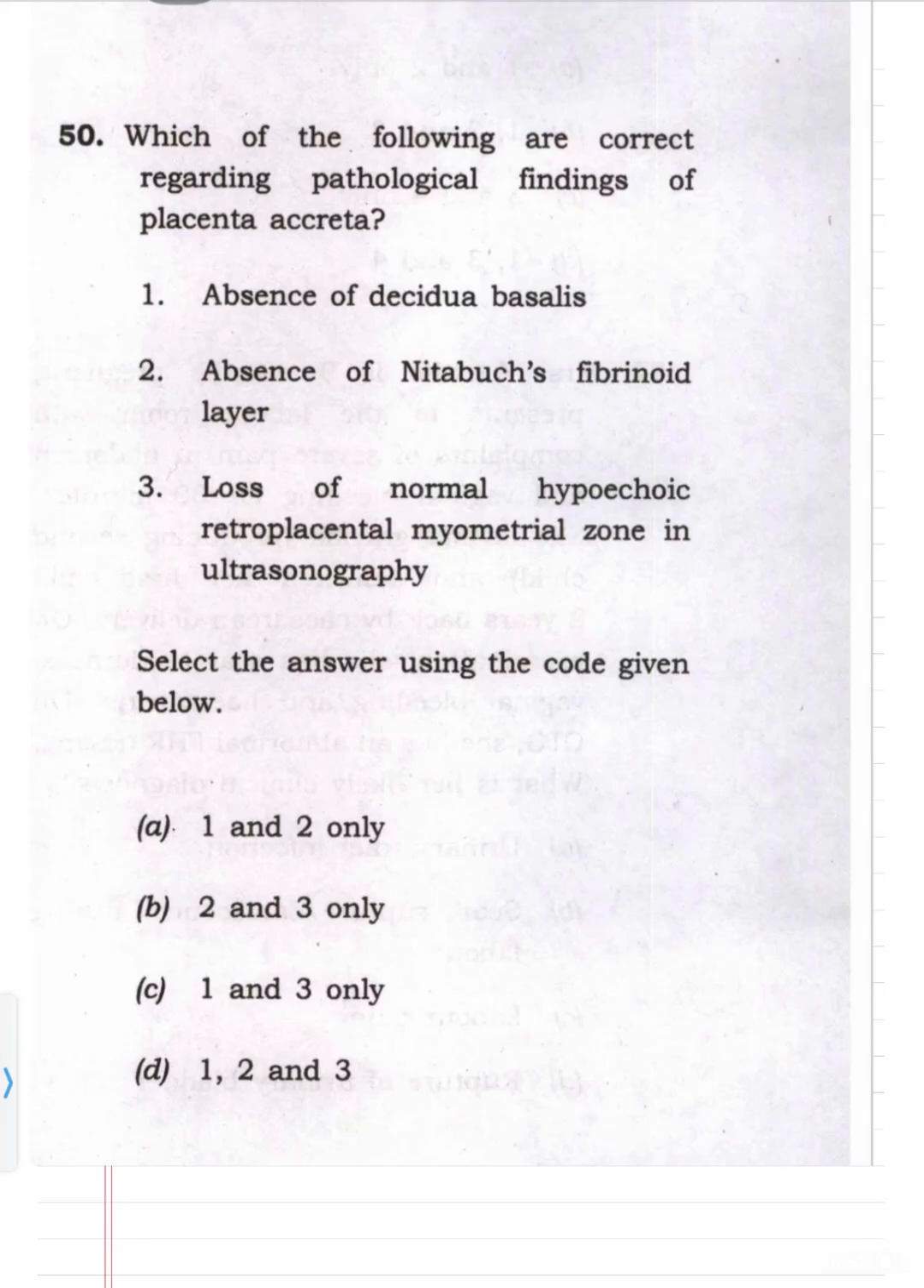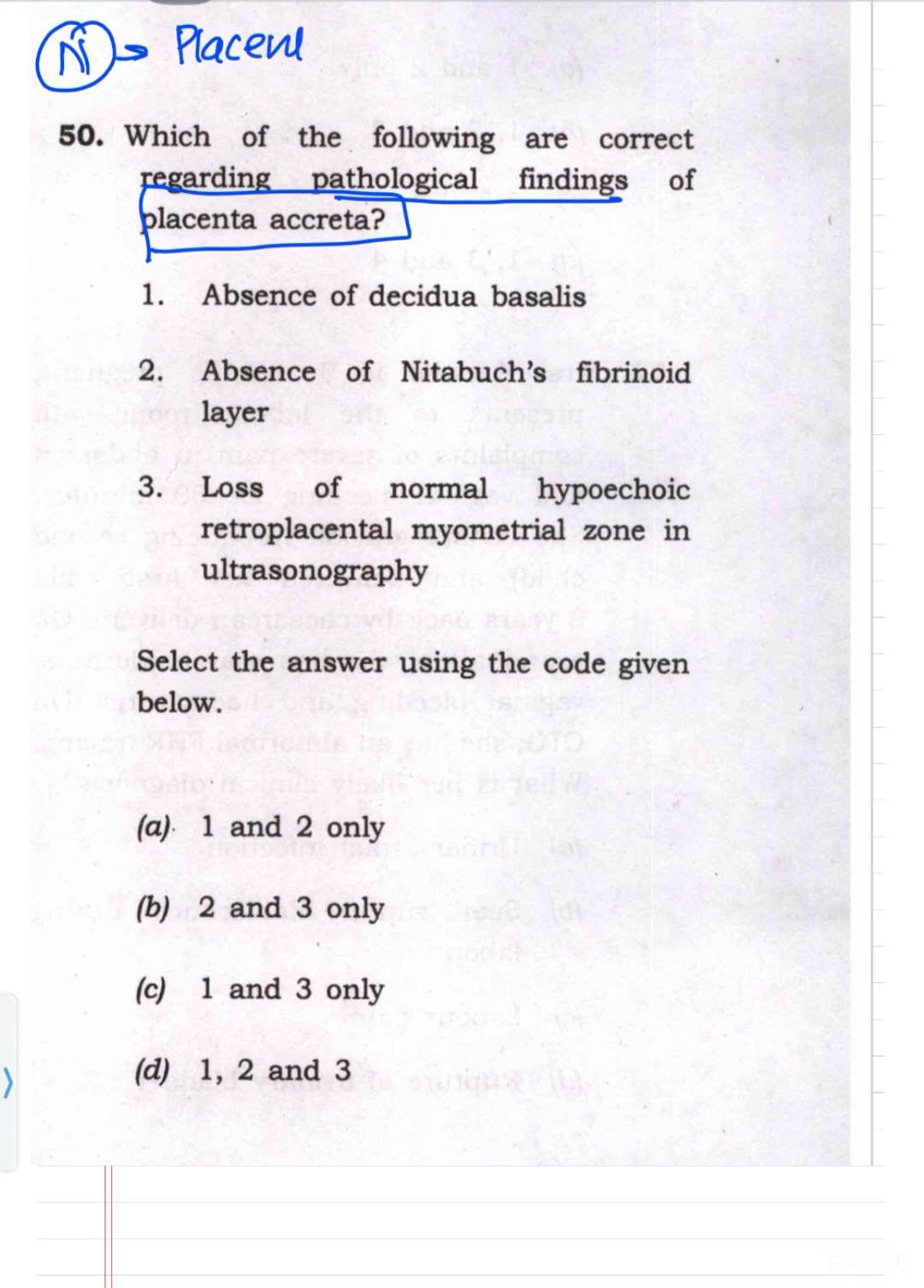So the question is, which of the following are correct regarding pathological findings of placenta accreta? First thing is, what is placenta accreta? Normally the placenta is attached to decidua. We will get to decidua basalis in particular, but first it is decidua. What is decidua? Decidua is endometrium in pregnancy or after implantation. So normally the placenta is attached to the endometrium, but the whole spectrum of disease in which the placenta,